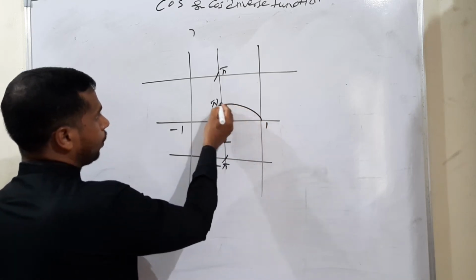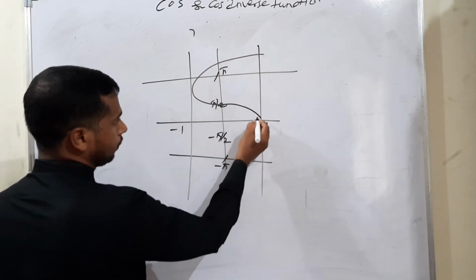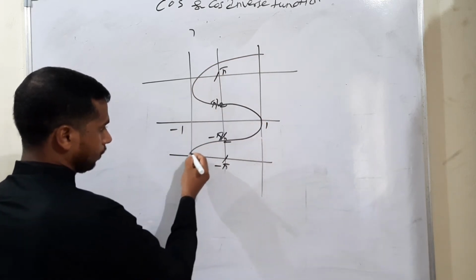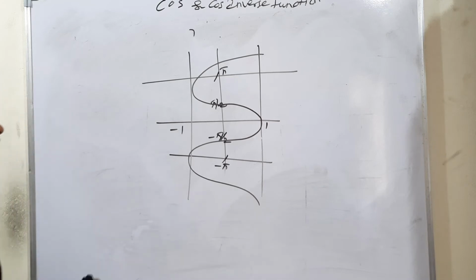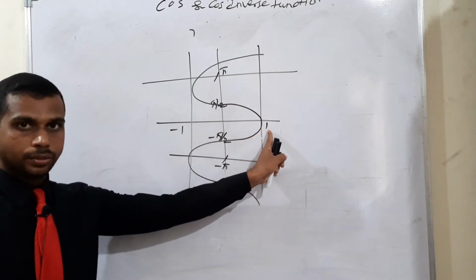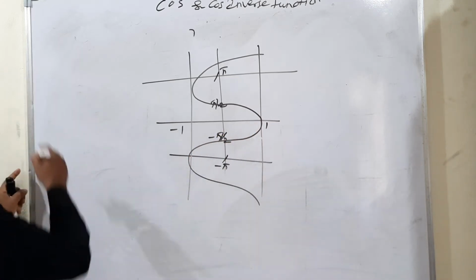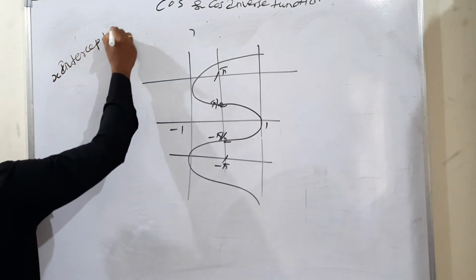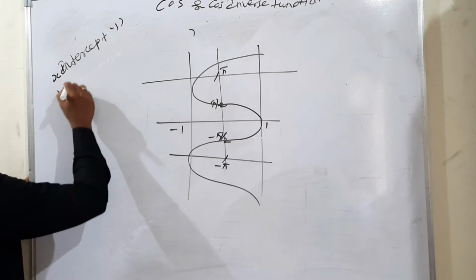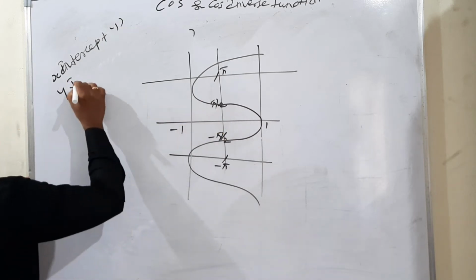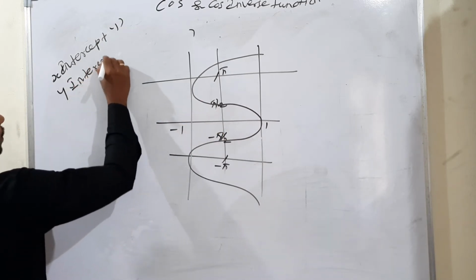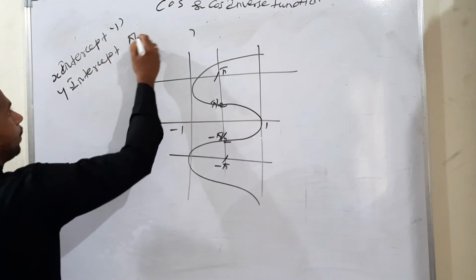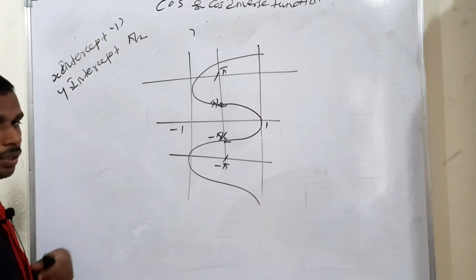If you draw the cos x function, the x intercept meets at 1, but the y intercept is pi by 2, isn't it? So it is totally different. That's why we are saying cos x is